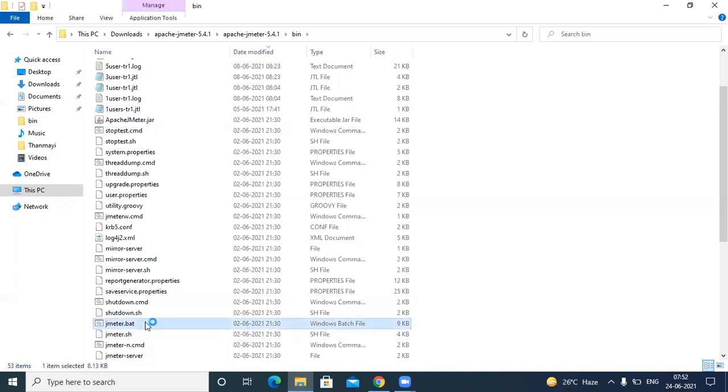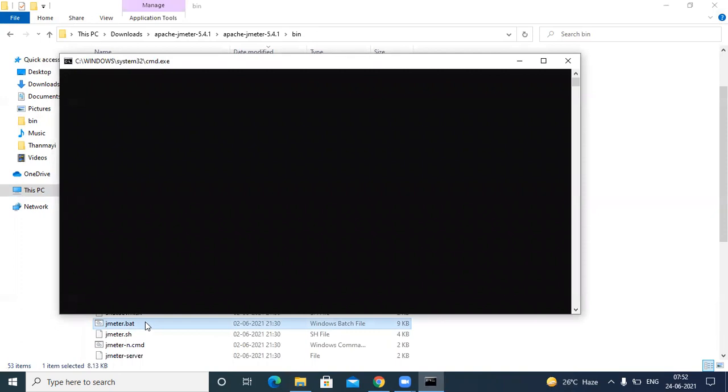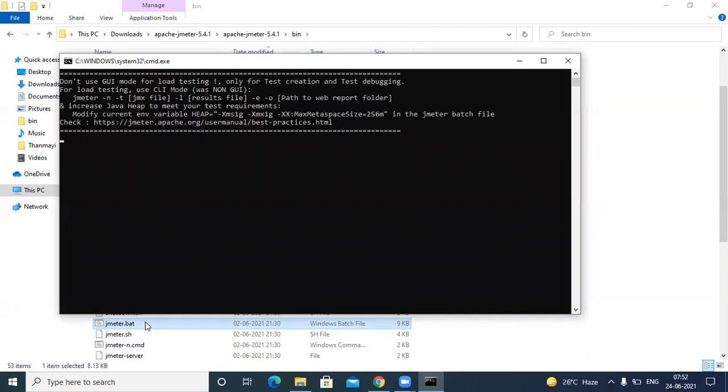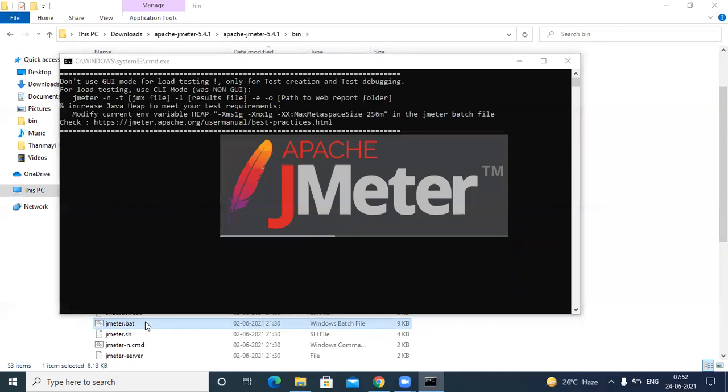Just click on jmeter.bat. So one of the ways to open the tool is jmeter.bat.